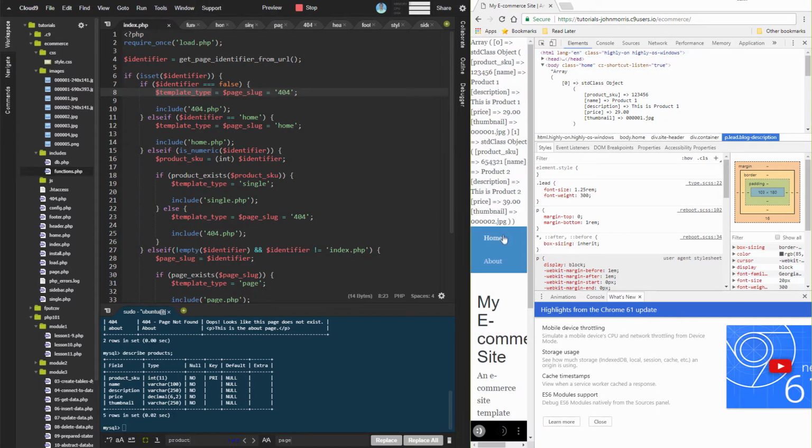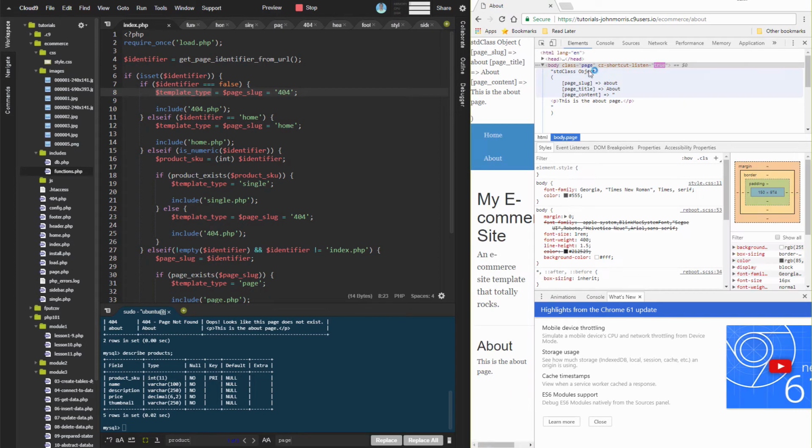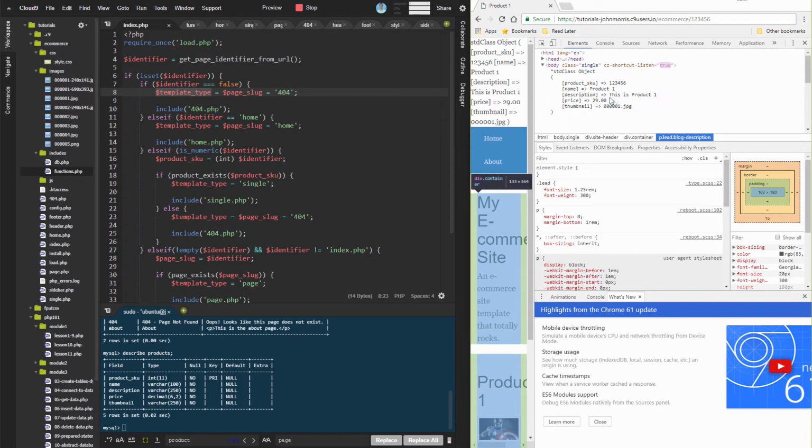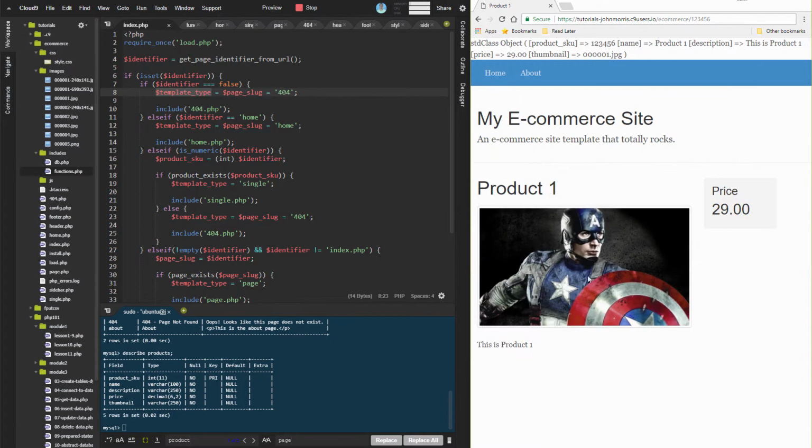If we go to the about page, it has a class of page, and if we go back home and go to one of these products, now it has a class of single. Because the body tag for these different template types has a class that references their template type, we can